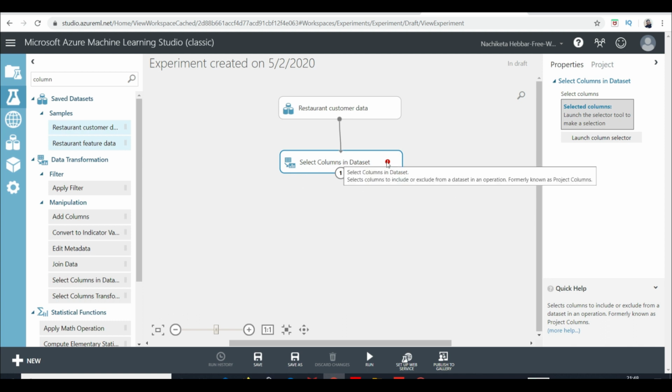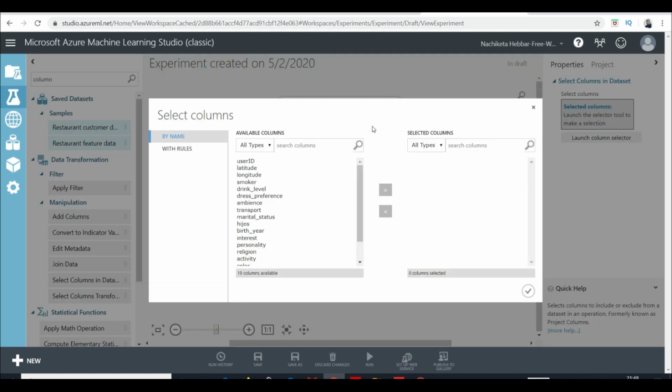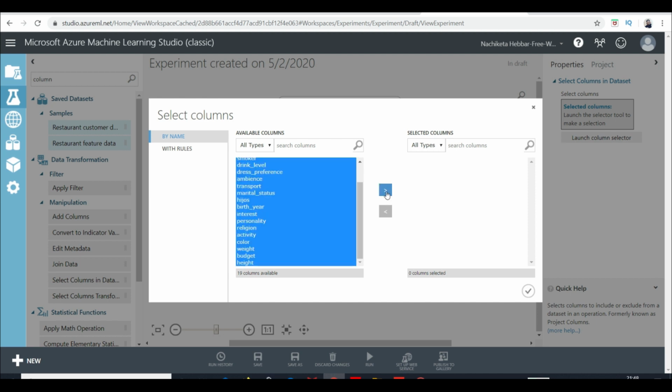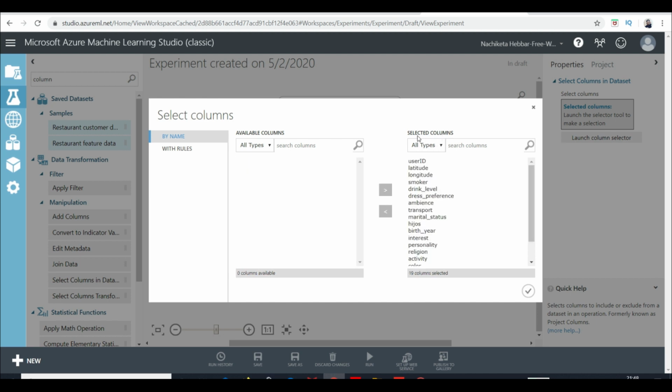So now you have to select which columns you want, right? That's why it's showing this exclamation mark in red. So simply click on launch column selector, and you have to mention which columns you want. These are all the available columns. So let's start by selecting all of them and move that to the selected columns category, and whatever you don't want, just move that back.